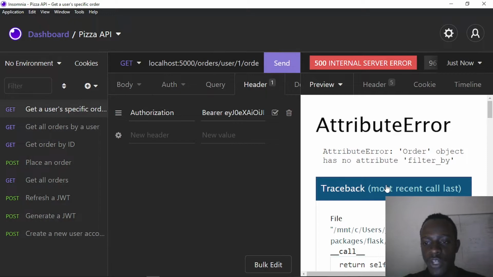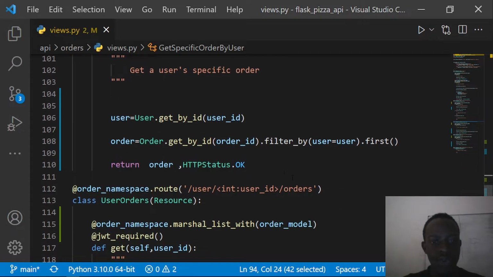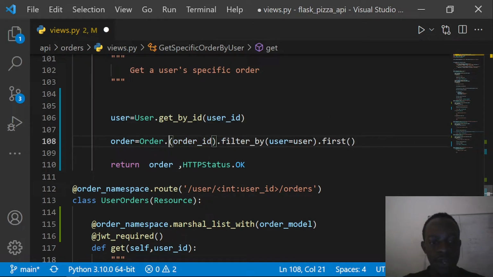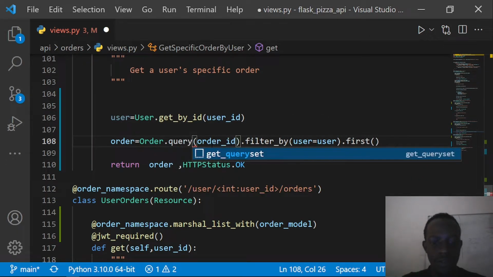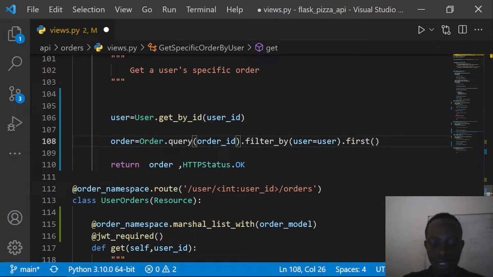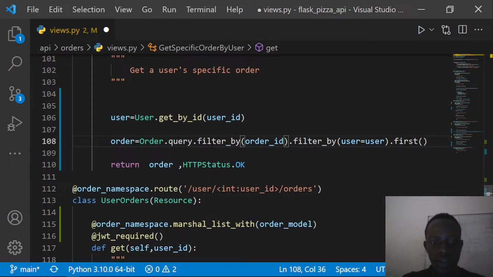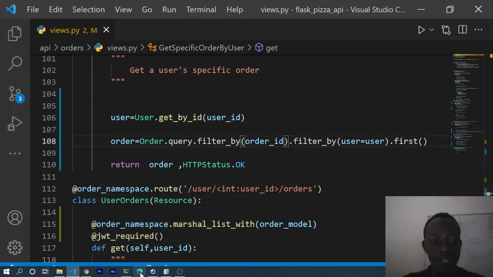Order object has no attribute filter_by. So let's actually see what's wrong. Let me try to see. So get_by_id dot filter_by. So basically this returns an id. So what you can do is to actually use the query by SQLAlchemy. So you can say dot query dot get, or we can actually say dot query dot filter_by. So I'm going to filter by order ID and then filter by if the user equals to the user. So when you try to send this,